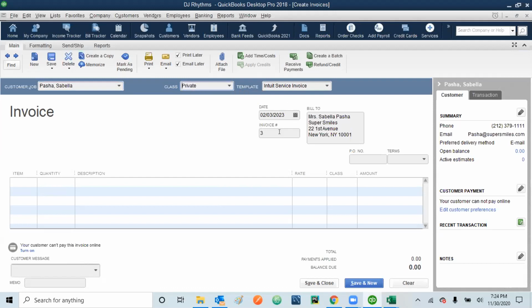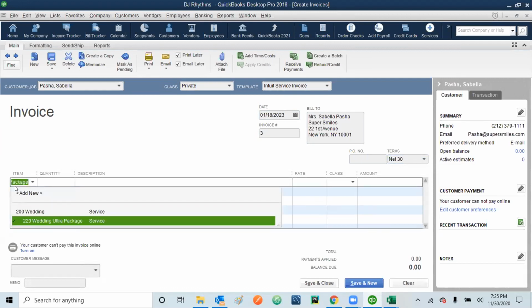The date is 01/18/23, and the terms are net 30. And then the item we are selling is 220 wedding.